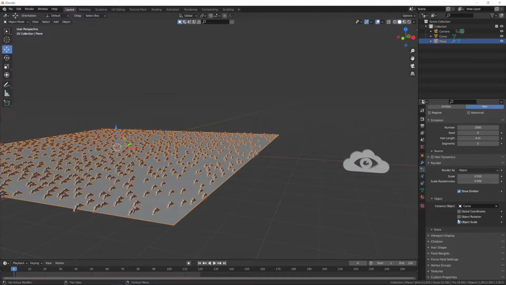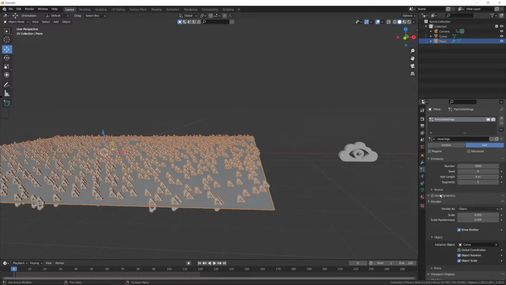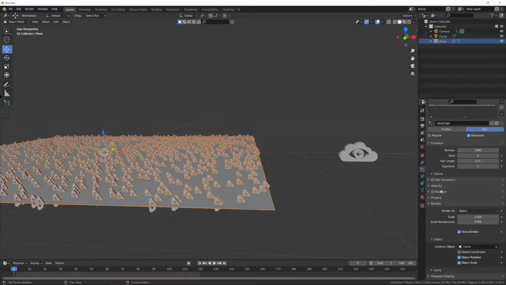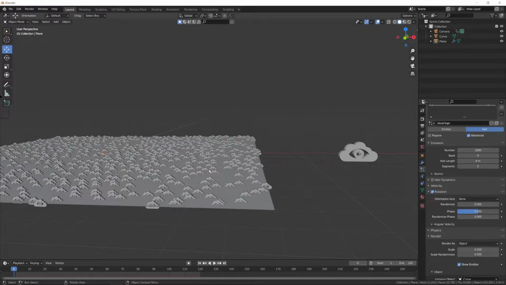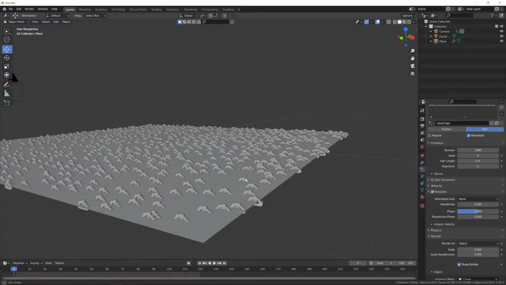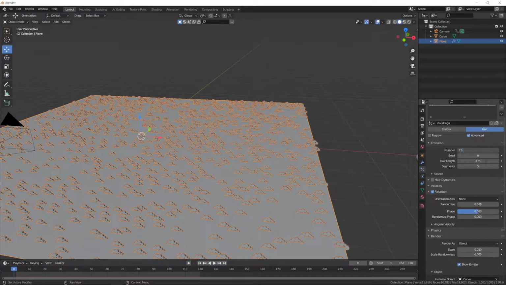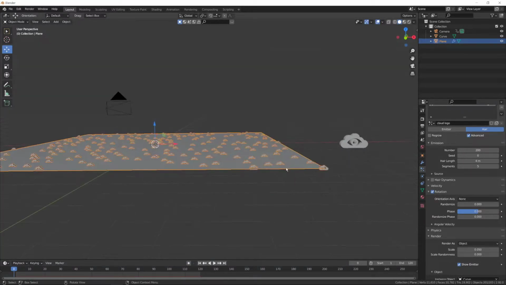Now I'm going to make sure I check object rotation here, and it's going to be a little funky. How to fix that is we just go to the advanced tab, and then under rotation, which you get after checking advanced, we're going to change orientation axis to none, and that will just bring it back to how it was previously. Cool. So I'm just going to bring this number down to something like 150, maybe 200 is good,